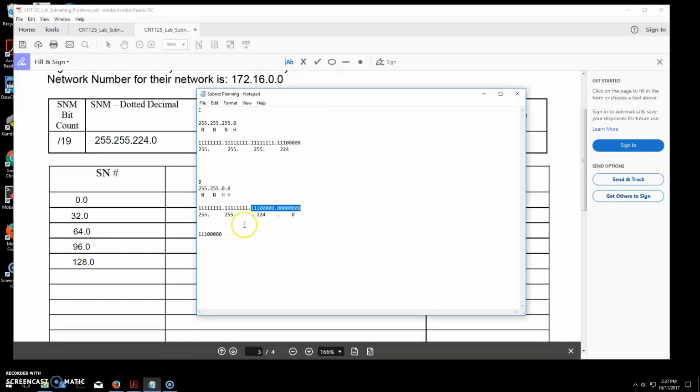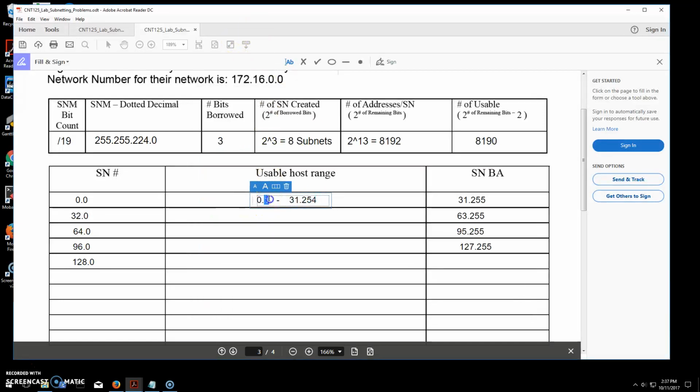And again, that's accounting for these two octets right here, because we're borrowing the bits and subnetting in this one, but this host octet, these are all host bits to use. So I'm tagging them on. This is the fourth octet. Okay? And I'm just going to use that same scheme the whole way down. 32.1 the whole way up to 63.254. Down here I will have 64.1 the whole way up to 95.254. Alright? I'm going to pause for a second while I finish typing, so that we don't have to watch me,